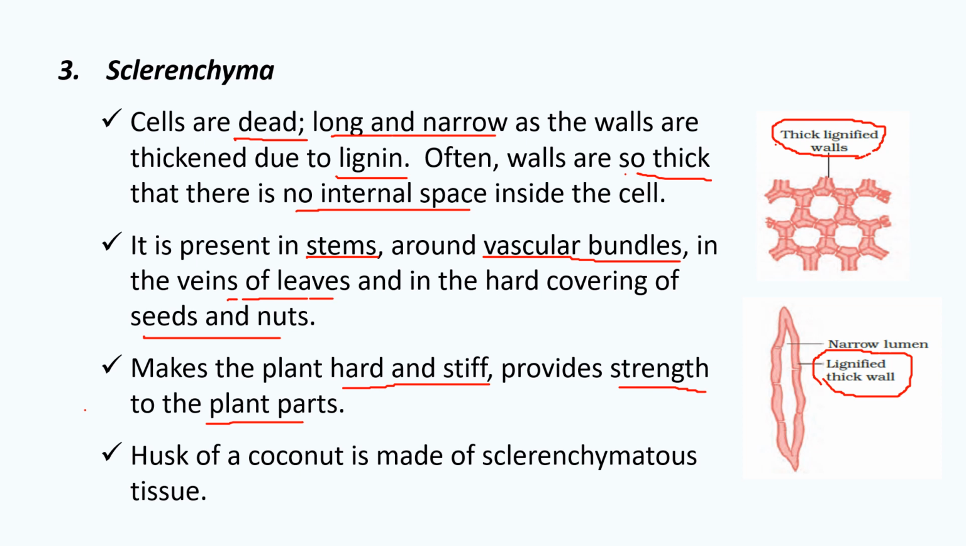So one very good example of this is the husk of a coconut। कोकोनट के हस्क को देखा होगा आपने, जिसको हटा करके अंदर से फ्रूट निकाला जाता है। द कोकोनट, द एडिबल पार्ट ऑफ कोकोनट को निकाला जाता है। It is made up of sclerenchymatous tissue।